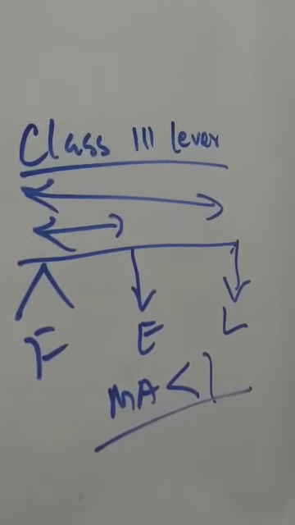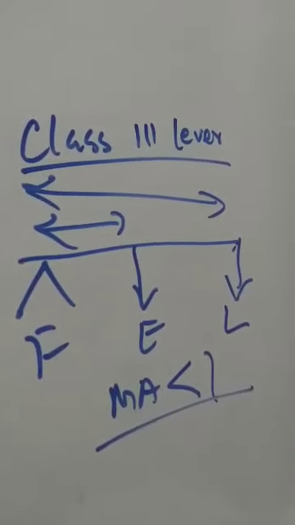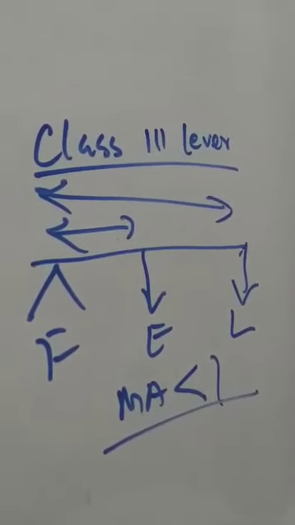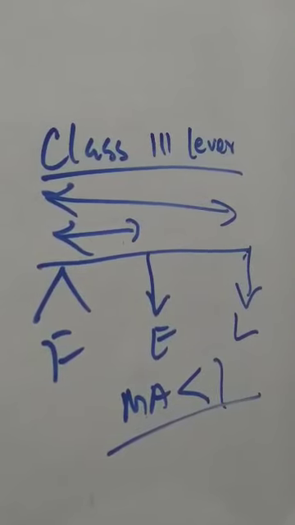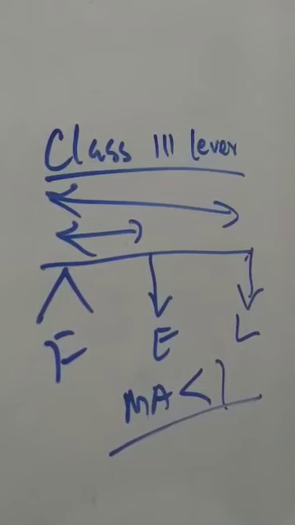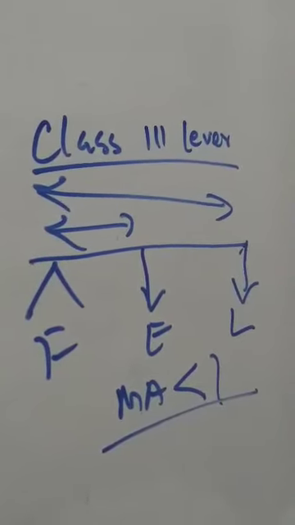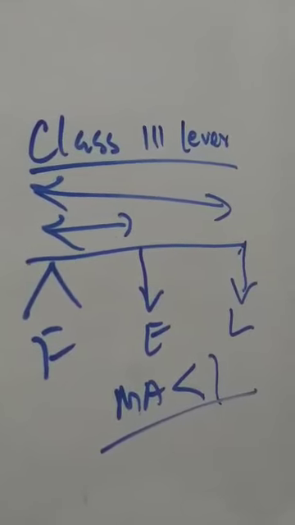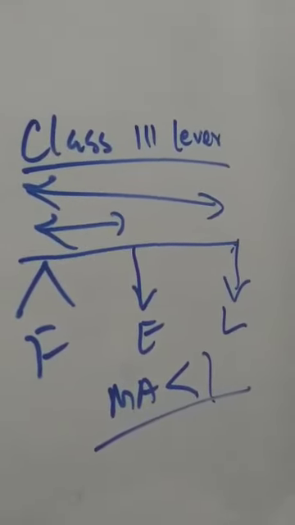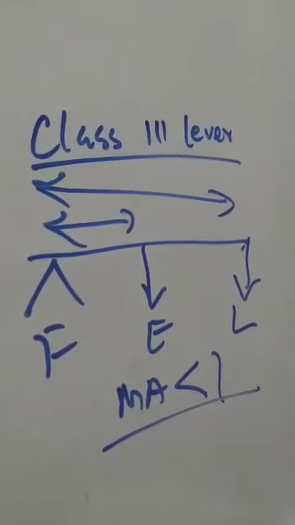Some human activities where you can use levers: nodding of head, class 1 lever; raising on your toes, class 2 lever; and raising a load on your palm, that is class 3 lever. Now in this chapter you may be asked to draw the schematic diagram to locate the position of load, fulcrum and effort properly. So that you have to do, and then there are simple numericals, which you can practice and you can ask your doubts.